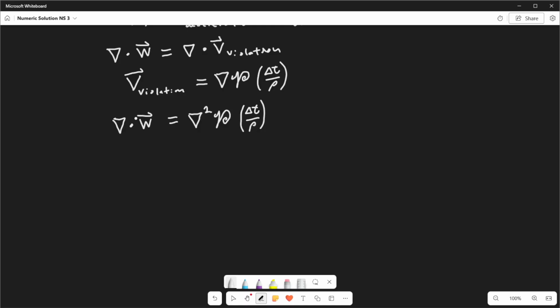However, this equation in itself will not uniquely compute the gradient of pressure. There actually need to be boundary conditions. And the boundary conditions are basically these. So V vector at a boundary